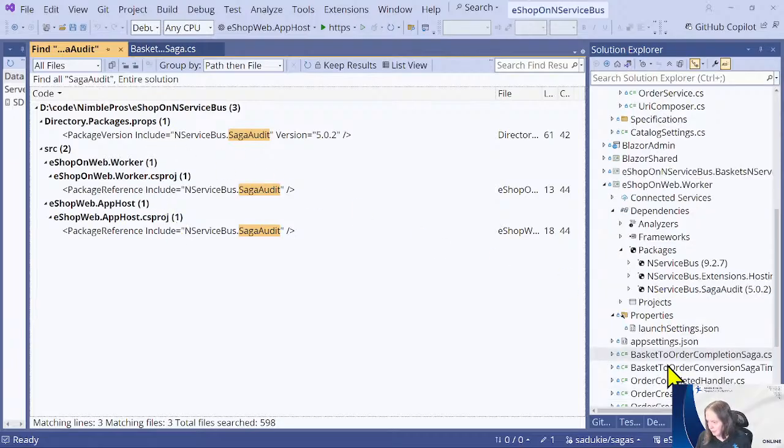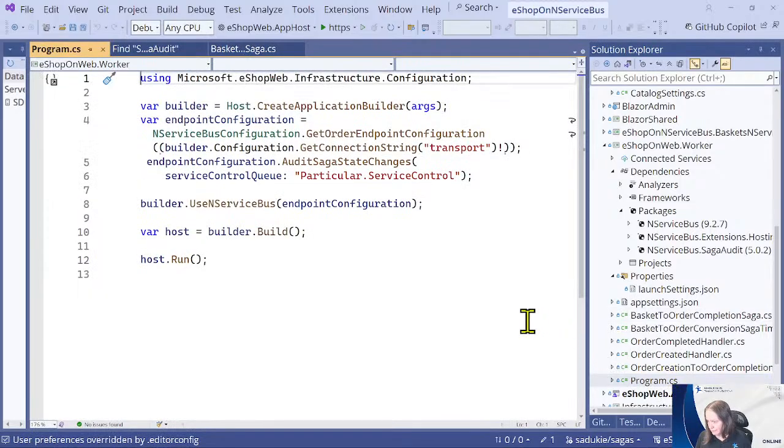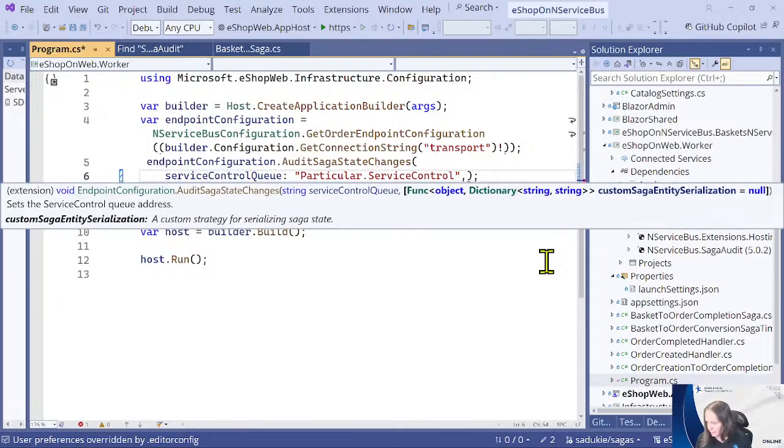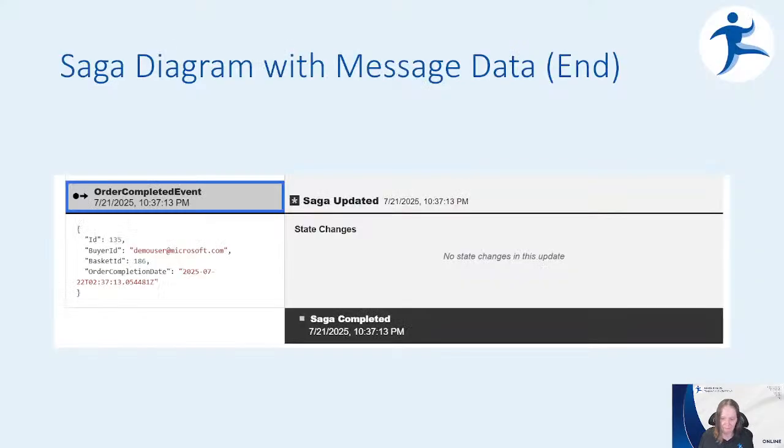There, but then in our NServiceBus endpoint configuration, this one right here is the audit saga state changes ServiceControl queue. I wonder if this has an override in here. I don't know off the top of my head. I'll double check the docs, but I bet you this is what it's complaining about, the saga config somewhere in this particular thing. Sounds like something I'll have to blog about later.